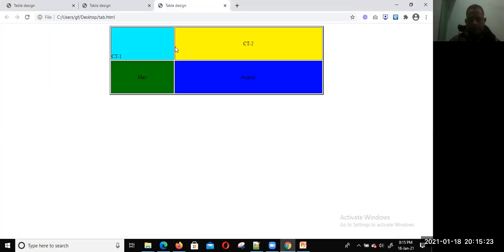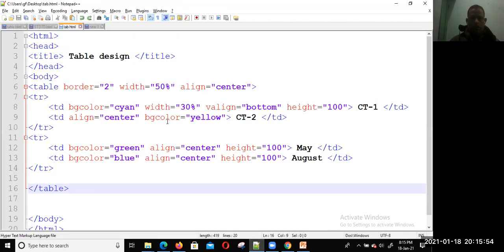Previously you learned how to use the different attributes: width, height, BG color, valign (vertical align), where you can set top, middle, bottom. You can similarly change the height, width and align. Now you can see how we can create a table.